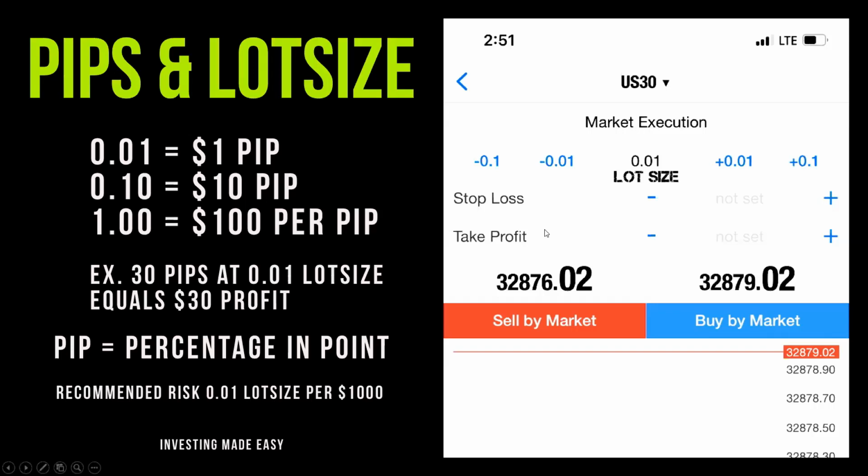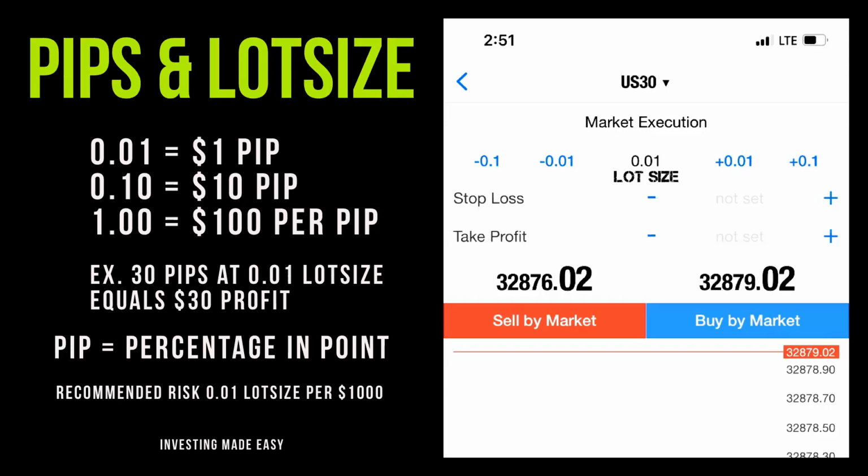If you have a $3,000 balance, the recommended lot size is 0.03. That's $3 per pip. Okay? And so on and so on. 4,000, 0.04, $4 per pip. Now it's recommended. Do you have to do it? No, it's your account. You can do your own risk. But if you want a long-lasting career, slow and steady wins the race. Slow and steady wins the race, and discipline.